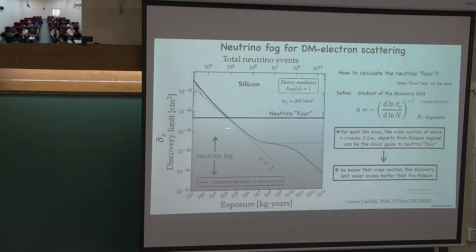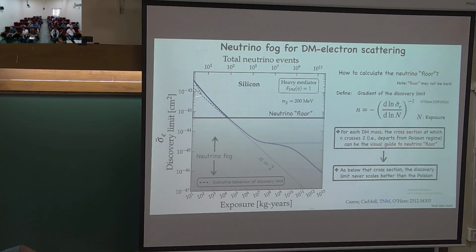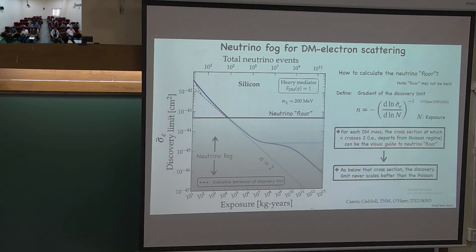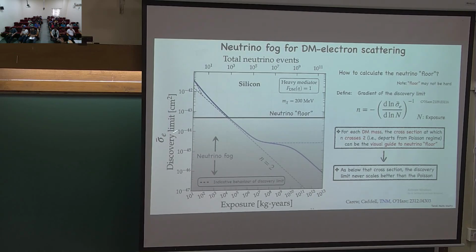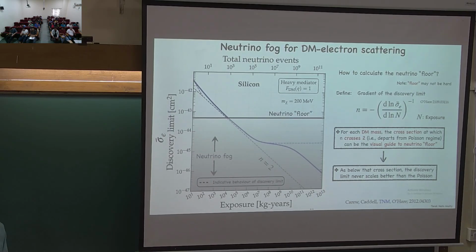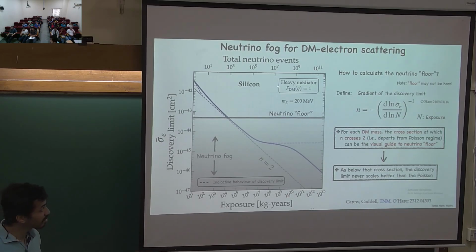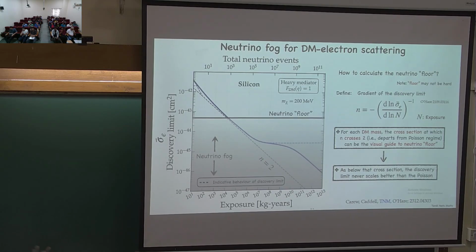So below this cross section, below this particular black solid line, the dark matter electron scattering enters the systematic uncertainty dominated regime, and anything below this cross section you can call the neutrino fog. Perhaps this cross section is a visual guide to the neutrino fog. You could do this for a particular mass of the dark matter, particular interaction, particular target. You could do this for various different targets and various different masses.